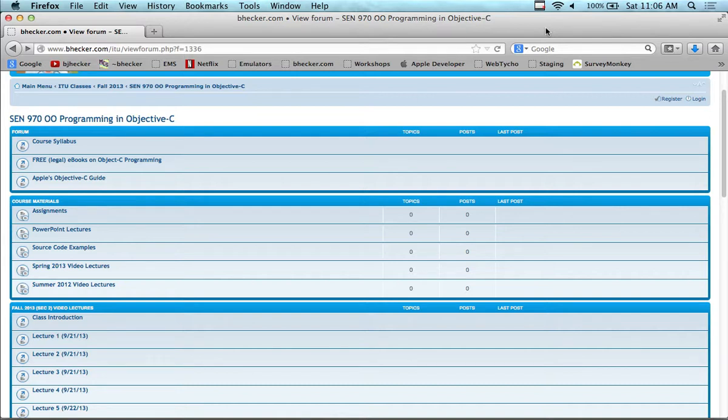We know what protocols are, I hope. Well, we're going to find out later if you don't. I have a little 45 slide review that I'm going to do next.